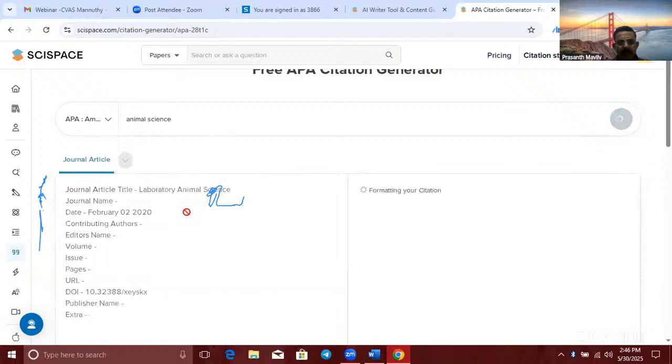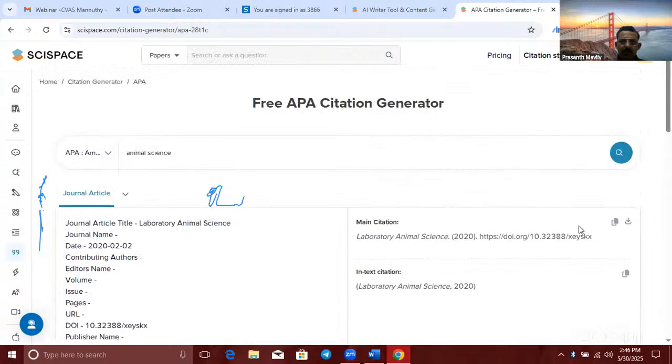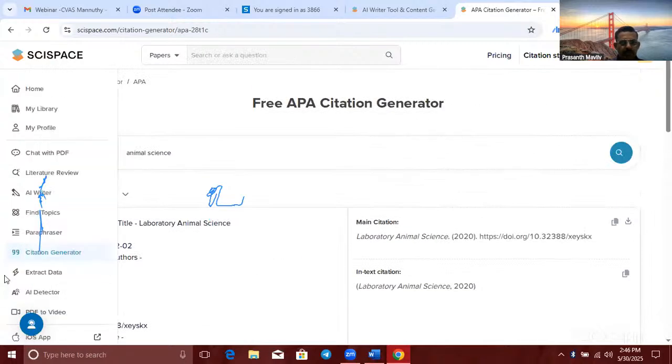So I took this one. Automatically on the right side you can see the citation, and the in-text citation also you can copy and paste into Word or like that. This option is also there.